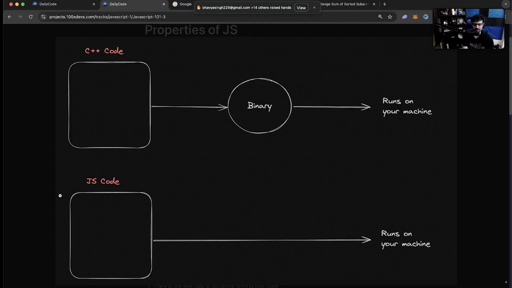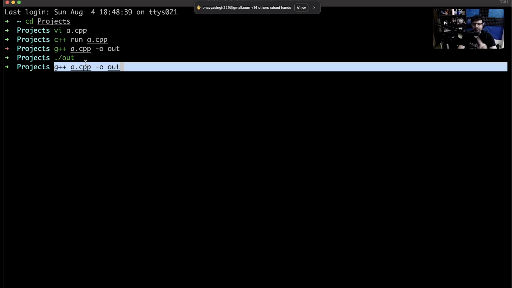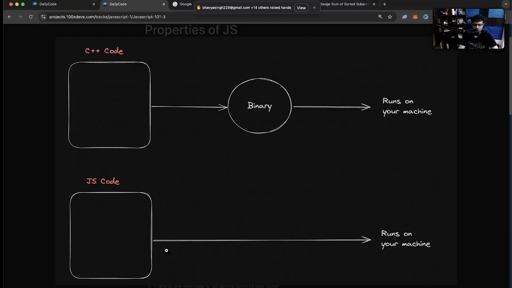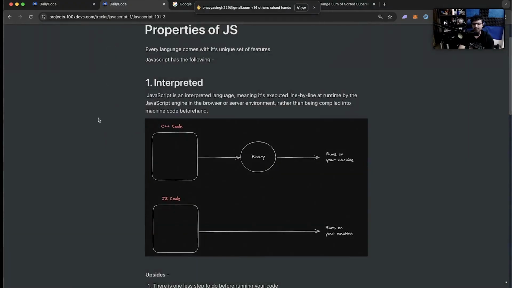Versus JavaScript, it runs line by line. It is compiled at runtime. What is it? It is compiled at runtime, which basically means, number one, I don't have to go through two of these steps. The code directly runs, and secondly, code runs line by line. Python maybe the same thing happens. What does running line by line mean? It basically means I can write code in chunks. I repeat, I can write code like this.